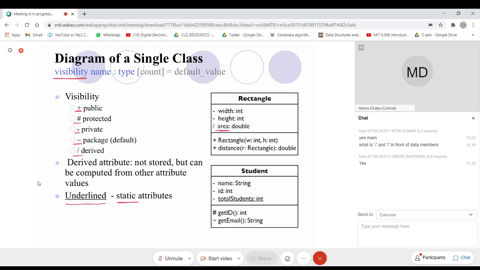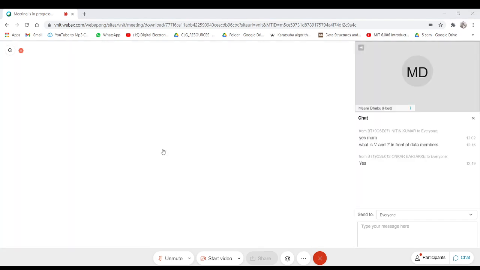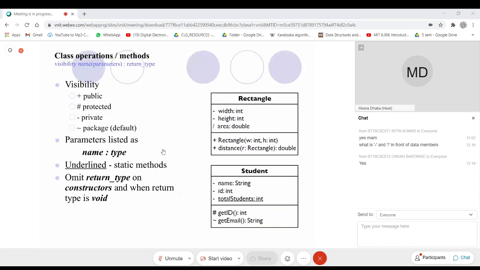But it is always better to mention it, to have consistency. Again, the visibility symbols are the same: plus, hash, minus, and tilde for the package.